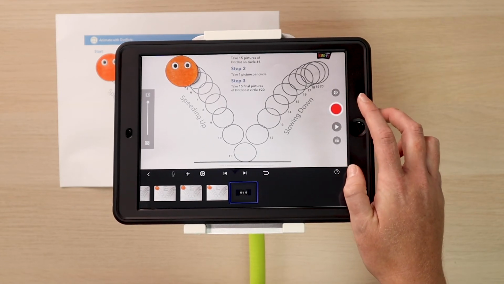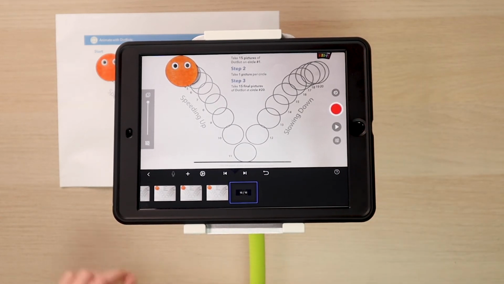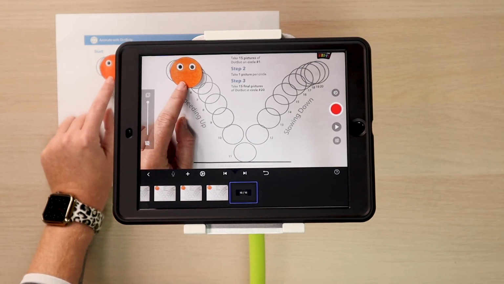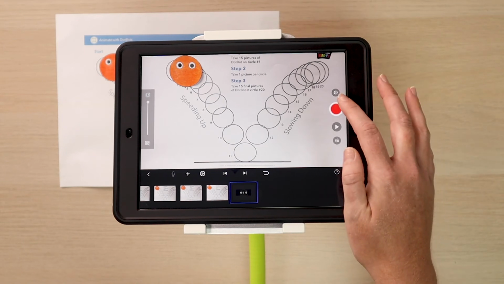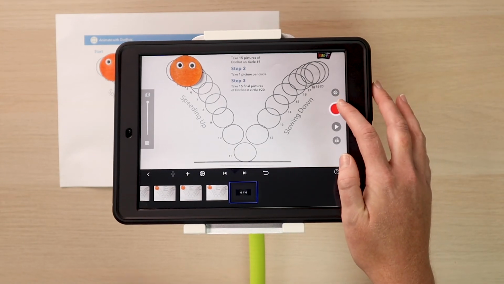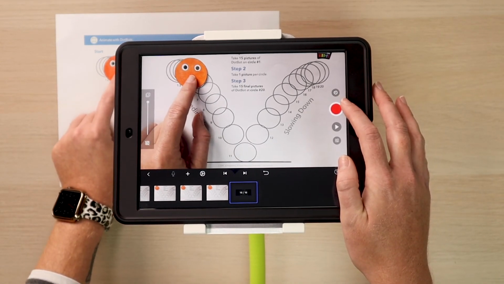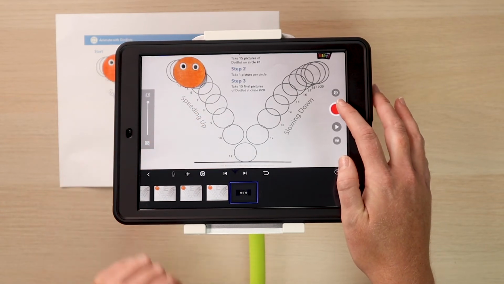Okay, I've got my 15. Now you're going to take one picture per circle. So go ahead and start moving your Dotbot down. And just take one per circle.